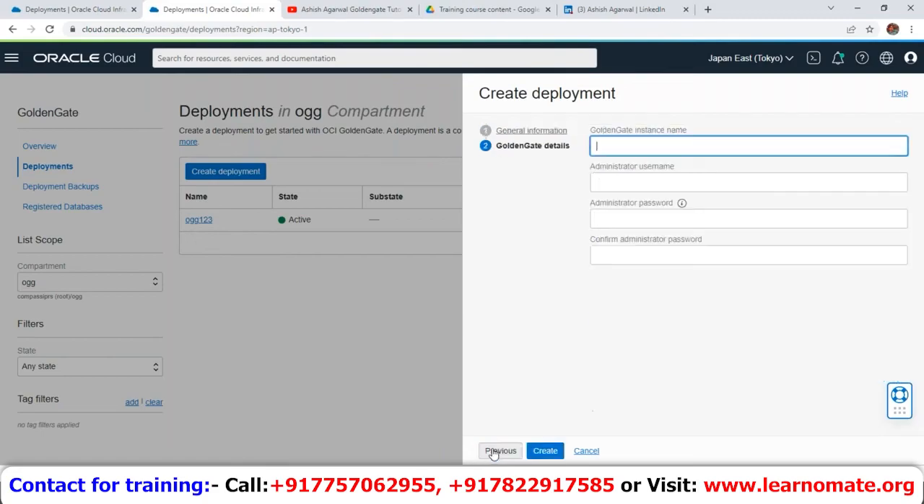But yeah, if you want to use this OCI GoldenGate cloud service, then select this option license included and click on next. Now in the next page, it will ask for the instance name. This instance name could be anything, say for example, OGG webinar. Then it will ask for the administrator username. The administrator username is needed because it's a GUI, so you need a username and password to log in. You can provide any administrative username, provide the password,